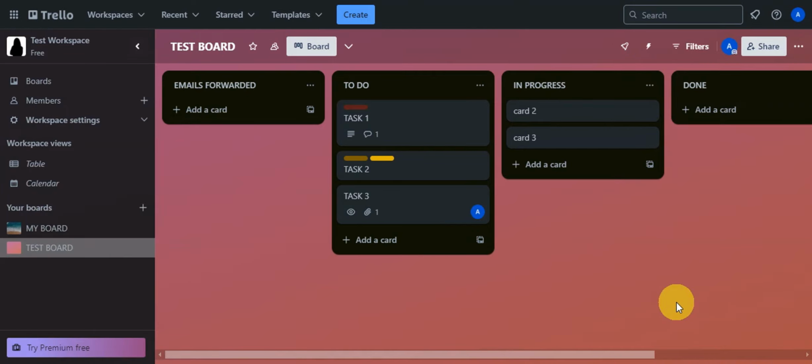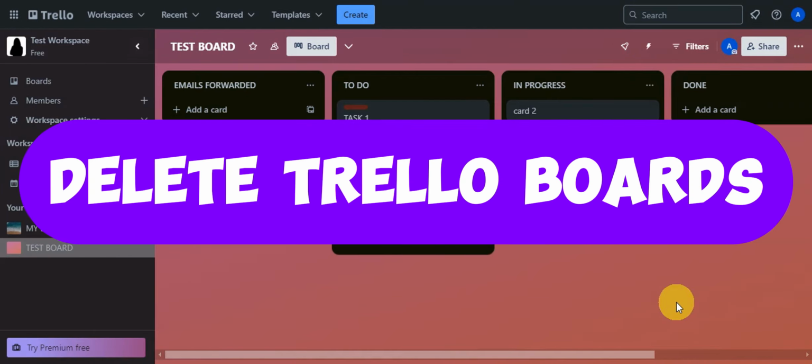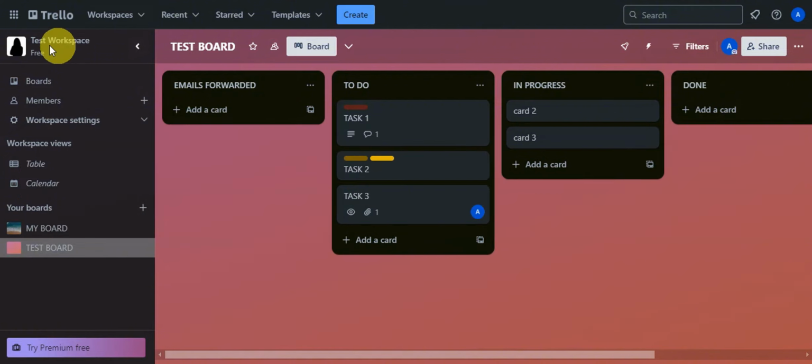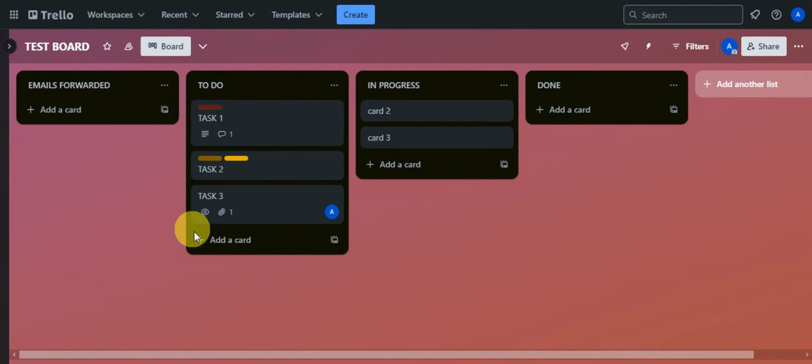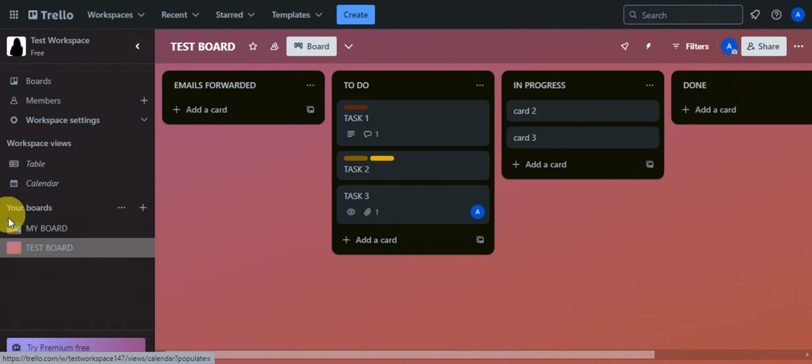Now, lastly, let's cover how to delete a board. As you can see here, in my workspace that I've chosen, I have two boards, My Board and Test Board. We're currently on the Test Board already in here. To delete this, it is similar to archiving this. So you must first close a board. To do so, just click onto this arrow in here to view all of the